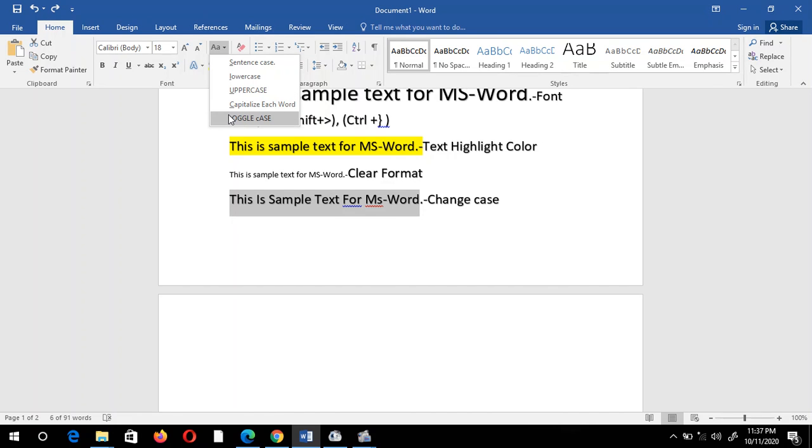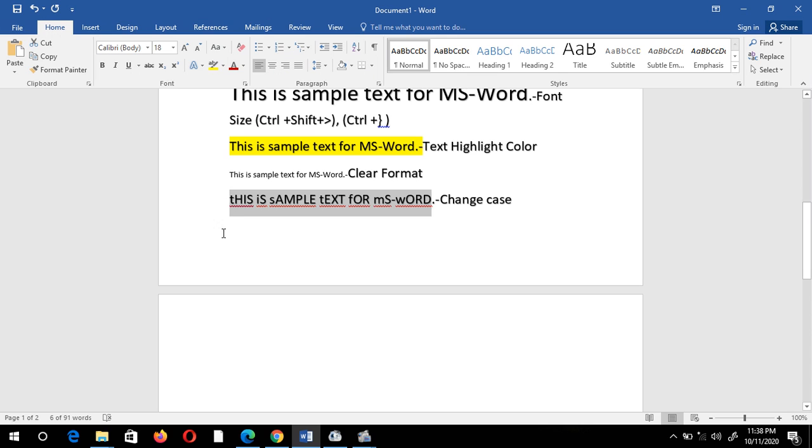In toggle case, the first alphabet of each word will become small and the other alphabets will become capital. Now let's see how. Now you can see the first alphabet of each word is in small and the others are in capital. So in this way we can change the case of our sentences.